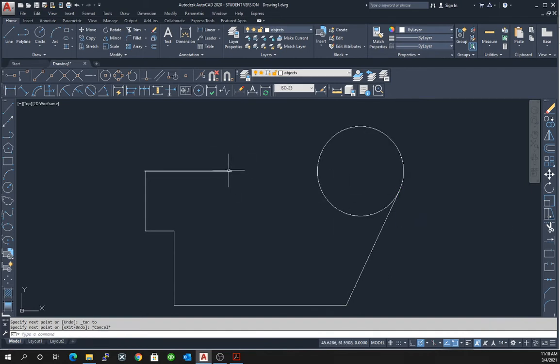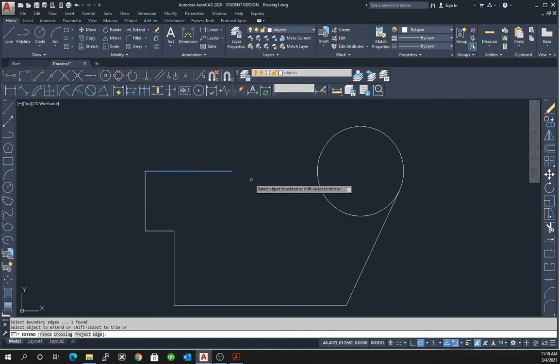We're then going to take this line, and we could just stretch it over, but I want to make you aware of the command called extend, which is actually located over here, and it's also located under the trim. So with the trim command, you see this downward arrow. You can click on the arrow and you'll see extend. So when you click on extend, and actually I have to escape out of that first. We click on extend,